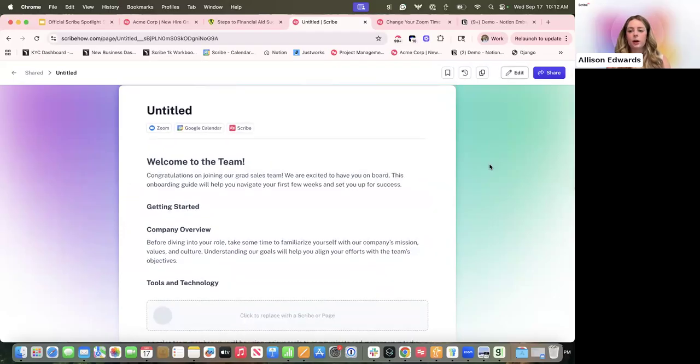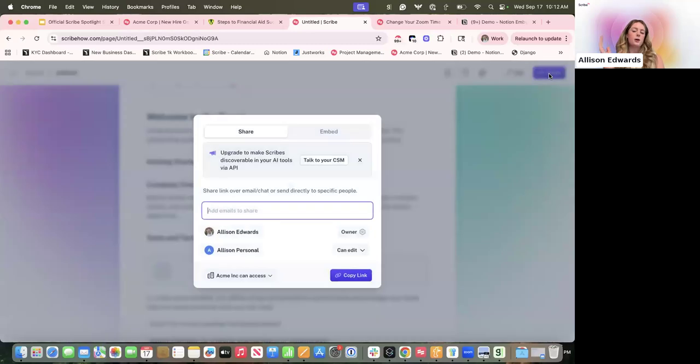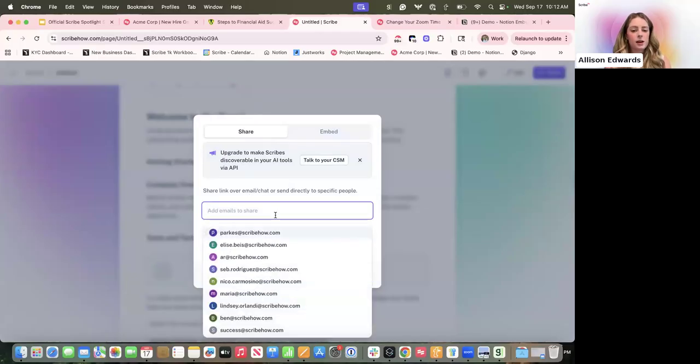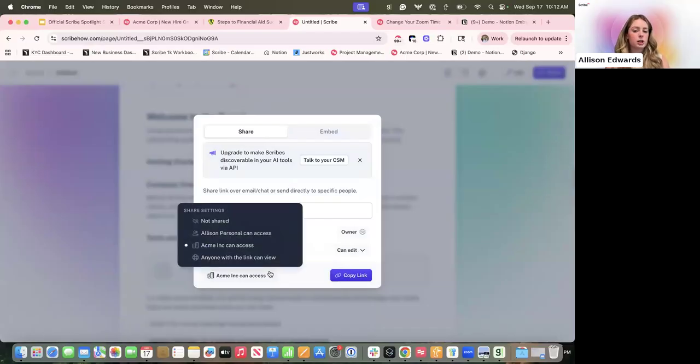But just to go over how this works in terms of sharing, all our options for this would be two things. We have the typical sharing, where I can add in an email to share with an individual, or I can even directly copy the link. I can also change exactly who I would want to share this with. So I can change it to anyone with the link can view. Most likely people who are just joining probably aren't set up with a license yet, so you can always change it to that.